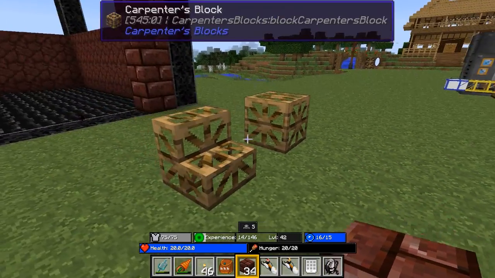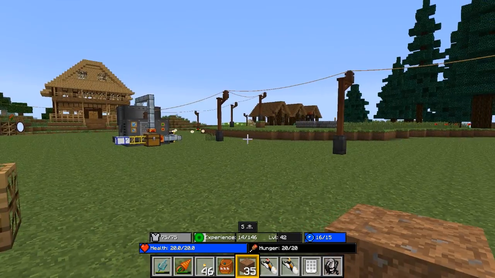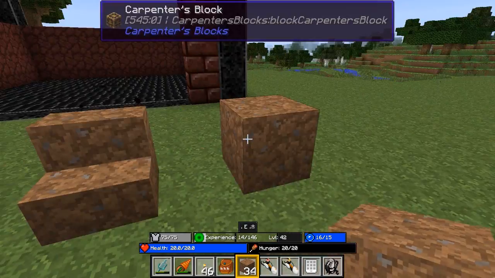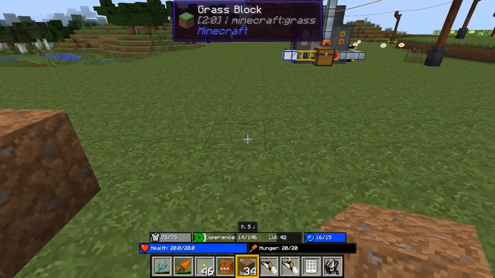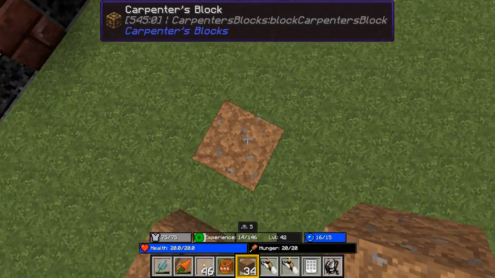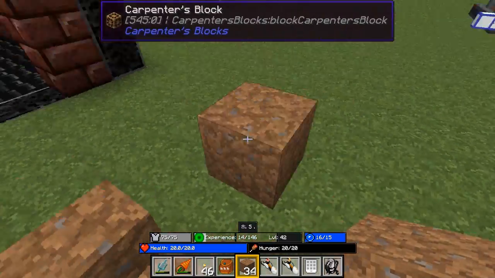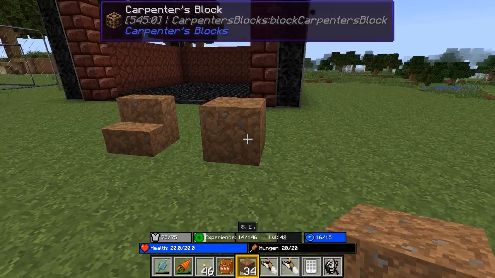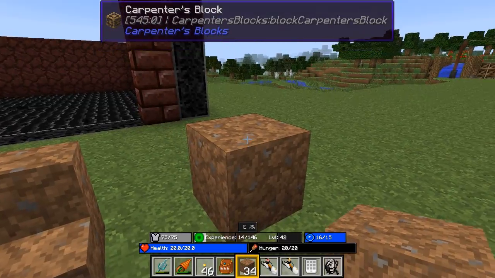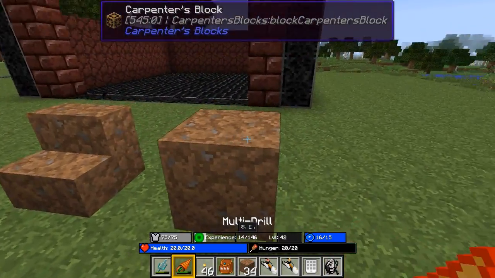Say, for instance, I wanted this stair to look like dirt. Well, mission accomplished. Or maybe I just want to make a path of dirt, and I don't want it to turn into grass. I'm pretty sure we can do that with this. Oh, that's cool. It actually resembles the sound of dirt, too. That's awesome. I like that. And now we could put grass on top of that. I believe if you right-click or shift-right-click with seeds, it'll turn that into grass,